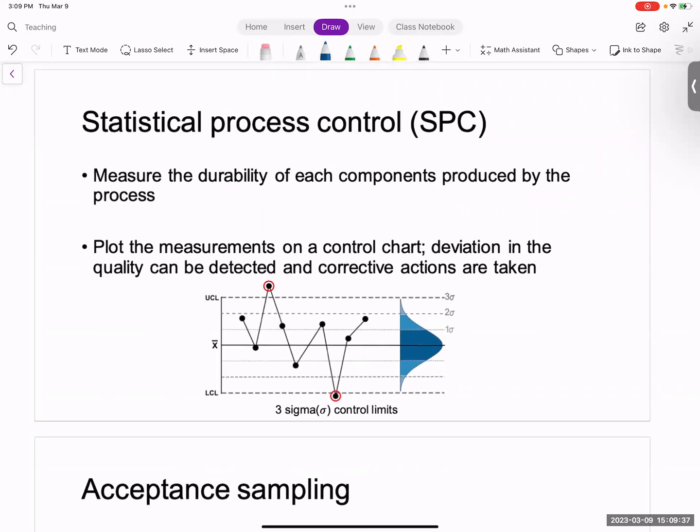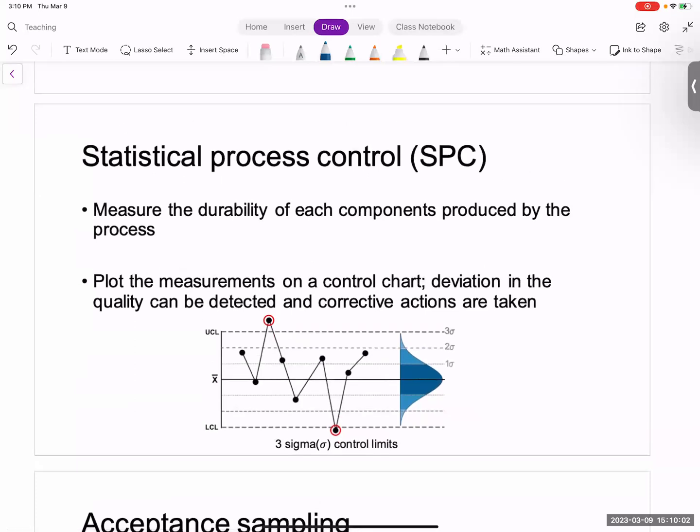Statistical process control is basically saying that once you have a process set up, running, and measuring the quality levels, the idea is to monitor the quality levels, identify if there are some anomalies in the process, and then take corrective actions. So if I have to define statistical process control, I would say it's about monitoring